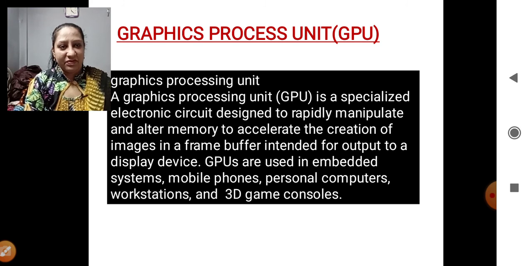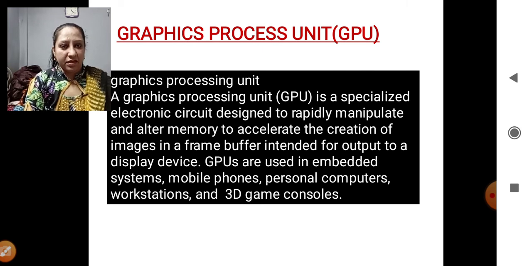So graphical processing units play a major role when we play our 3D console games. Also, our CS students must know that we are plotting our graphics too. 2D and 3D graphics plots, mathematical graphs, bar graphs, pie graphs, all these graphs, when you plot them, all the graphical features we use, that time the graphics processing unit is responsible.